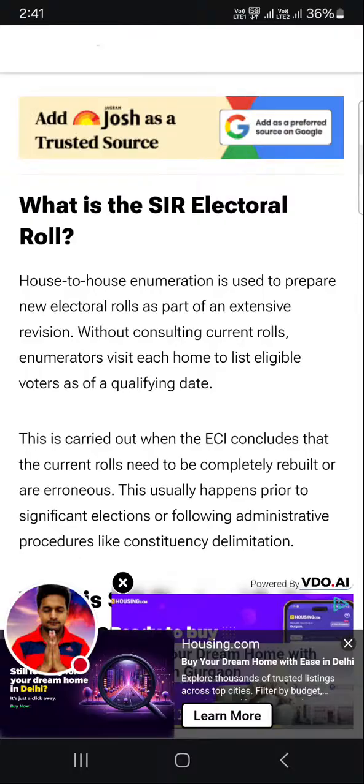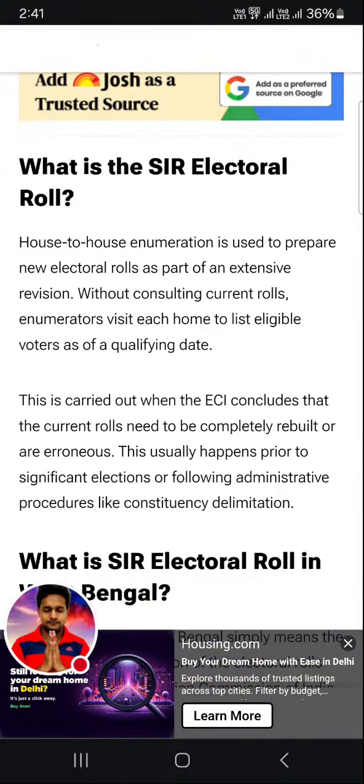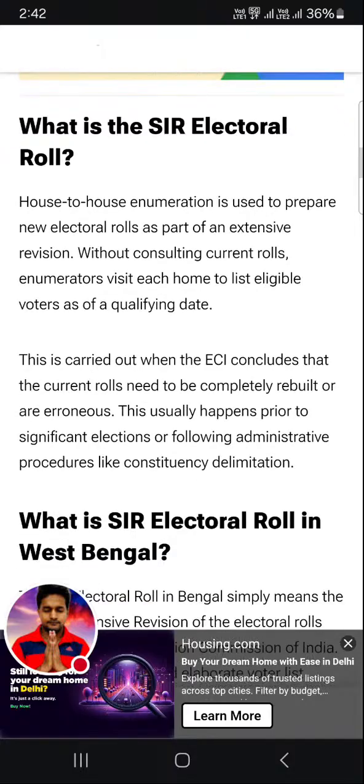What is the SIR electoral roll? House to house enumeration is used to prepare new electoral rolls as part of an extensive revision without consulting current rolls. Enumerators visit each home to list eligible voters as of a qualifying date.